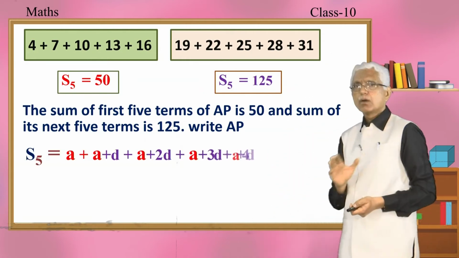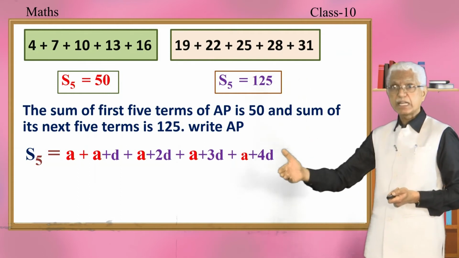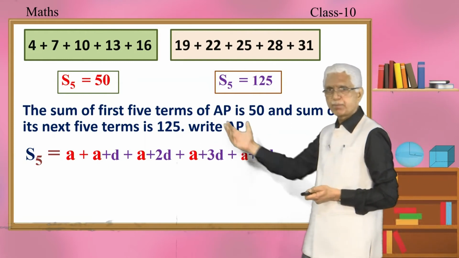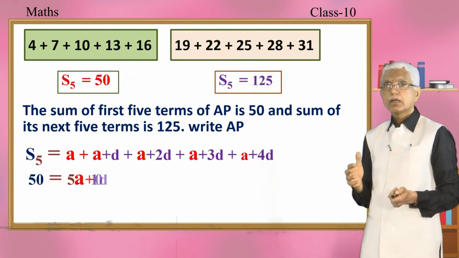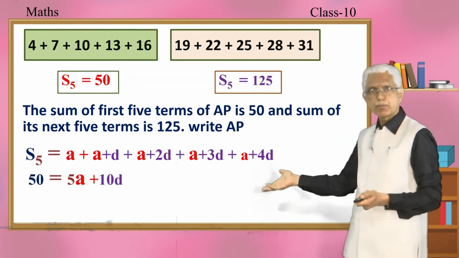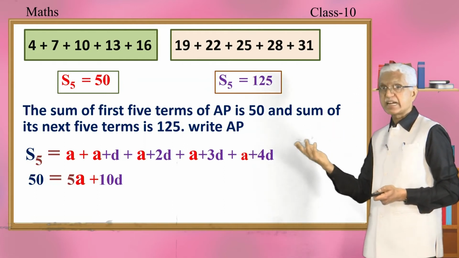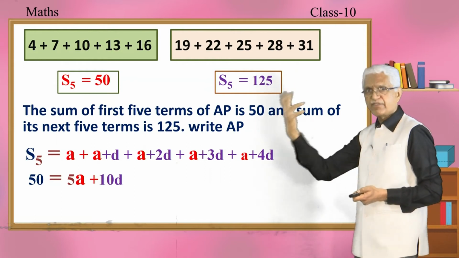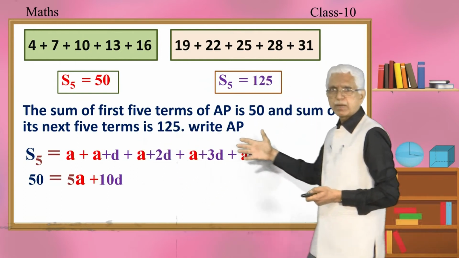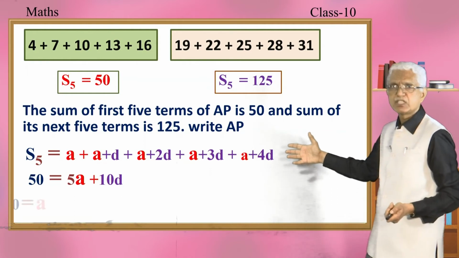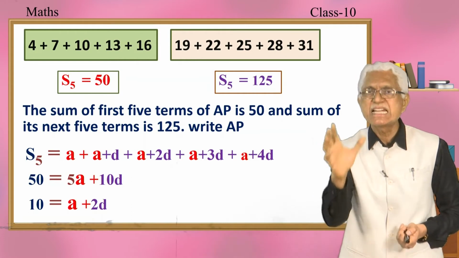Please watch. What is the sum of the first 5 terms, my dear children? First term is A, second term is A plus D, A plus 2D, A plus 3D, A plus 4D. These are the first 5 terms, okay? S5, wonderful. What is S5? Sum of the first 5 terms is going to be 50, no? 50. Please check those A, how many times A is there? It is in red, no? A plus A plus A plus A plus A, 5 times, 5A. Then you have D plus 2D plus 3D plus 4D, which is 10D. So, 50 is equal to 5A plus 10D.